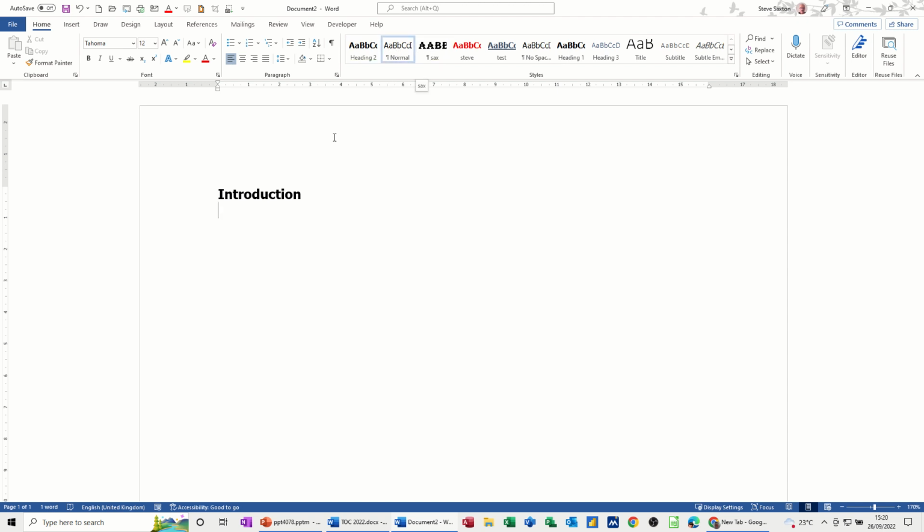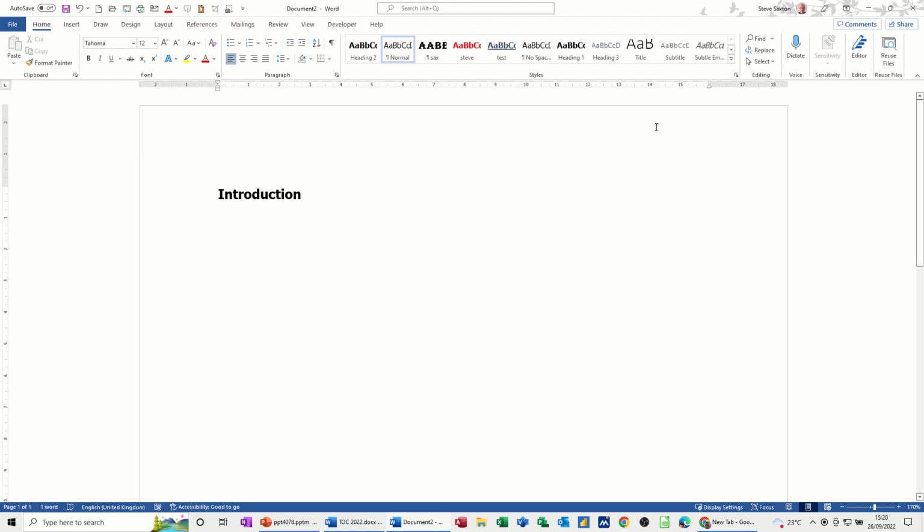Now sometimes when you've got your own styles, which I have there, if I put that to that one, which is a bit weird, you see the spacing before and after on that one. Now when I press enter on that, it stayed on that style, and it probably would do the same on all of these that I've created. That one, if I press enter on this one, that stayed on that style. So unless you change it so it's based on one of these, you're going to have that problem, or you're going to have to manually click off it. But if you're selecting one of these ones, like that one, when you press enter, it goes back to normal,